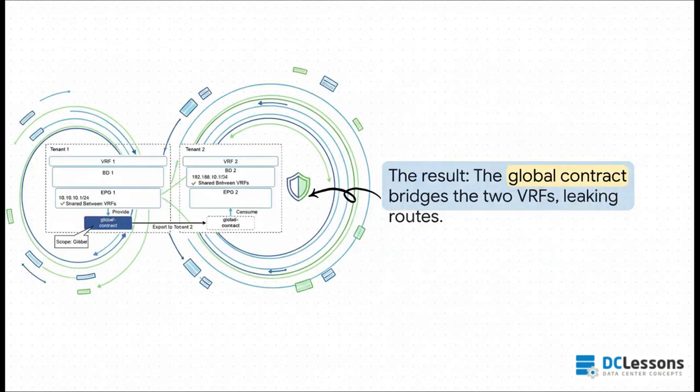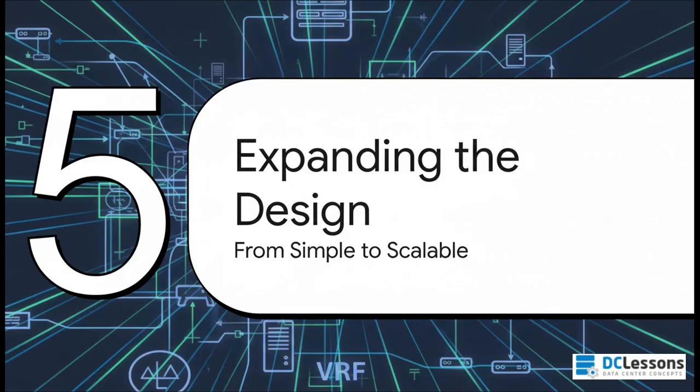That single global contract has now told the fabric to do two things at once. First, leak the necessary subnet routes between VRF1 and VRF2, and second, apply the security policy to actually permit the traffic. Our initial isolation problem? It's solved. Cleanly. Now, this one-to-one connection is super powerful, for sure,